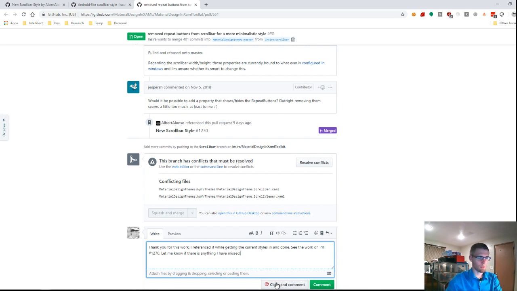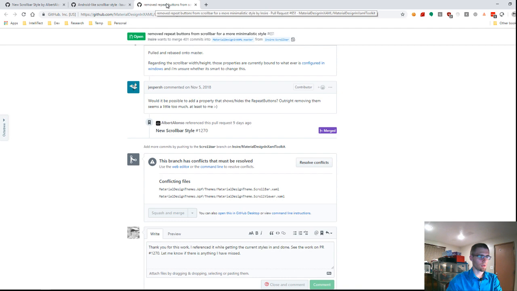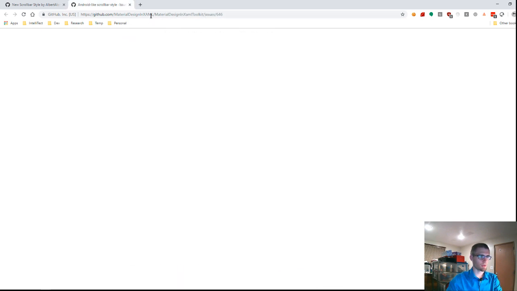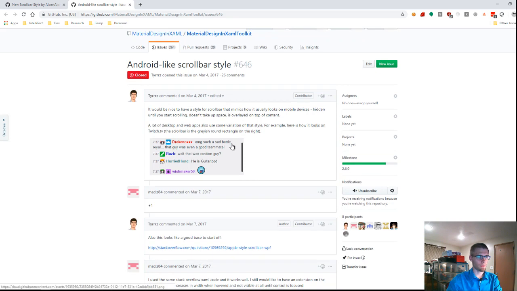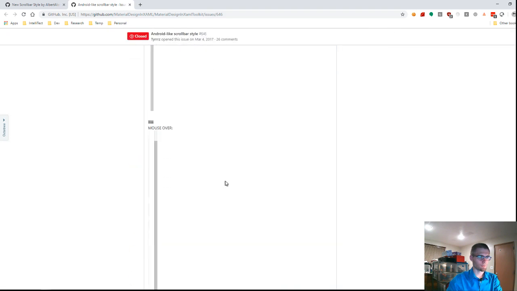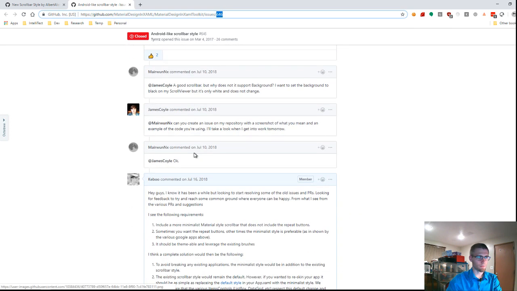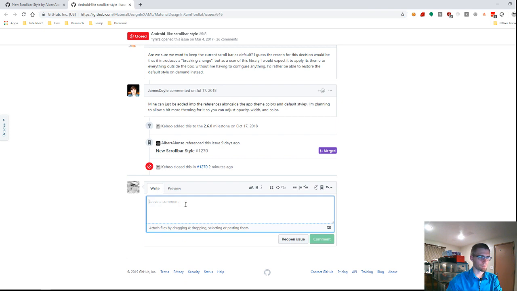Okay, so we will close and comment on this one, which gets us a little closer to getting this 2.6.0 release out the door. A little bit closer, slow and steady. So if anybody is interested, issue 646 has all of this scrollbar stuff in it. So for all of the discussion,